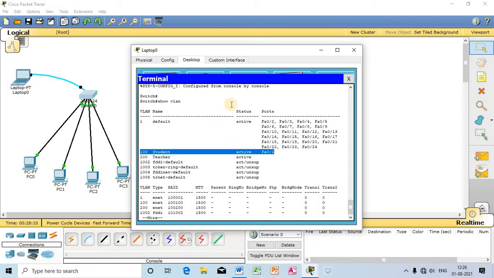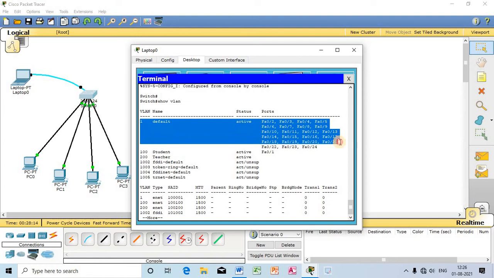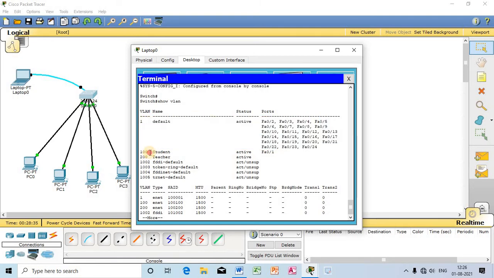We can observe in the default VLAN the port numbers start from Fast Ethernet 02. Why? Because Fast Ethernet 01 previously belonged to VLAN 1, but now I have moved it from VLAN 1 to VLAN 100 by the steps I just followed.